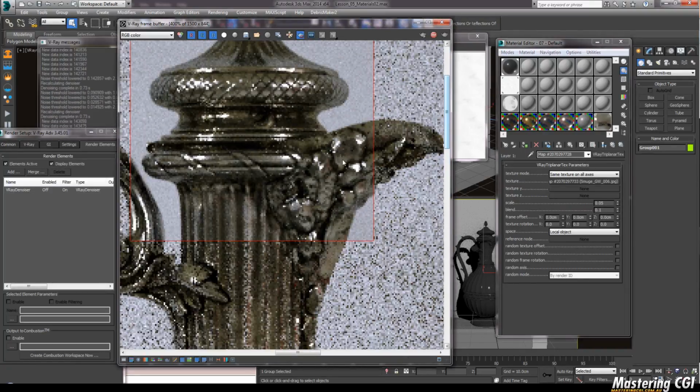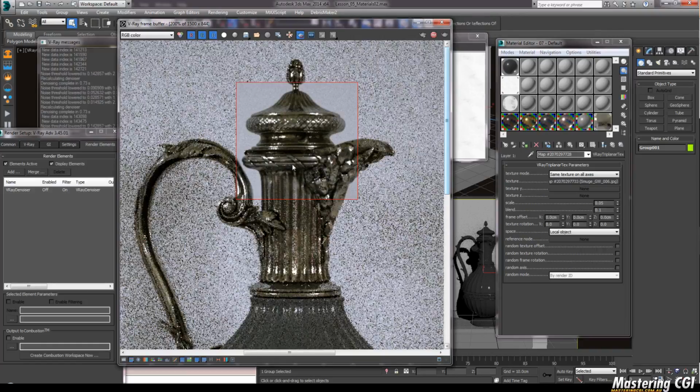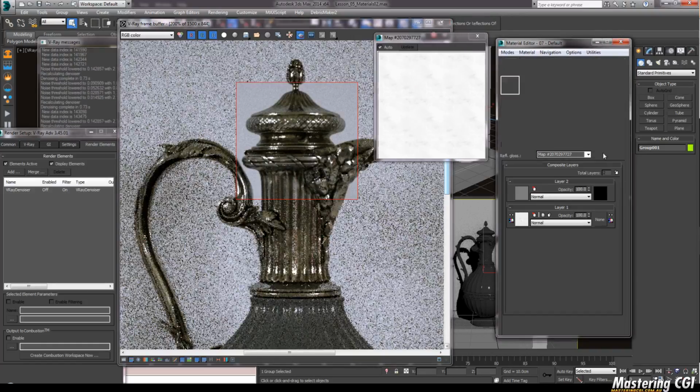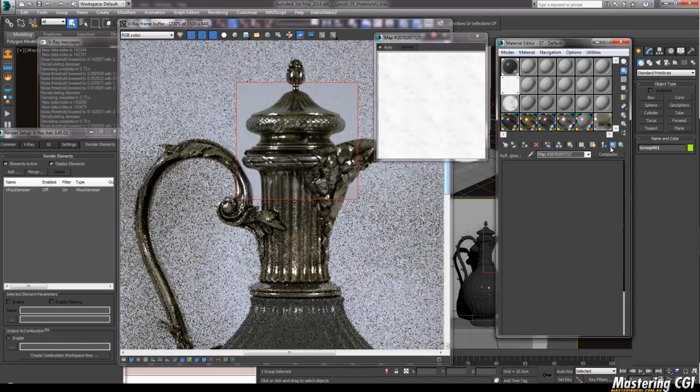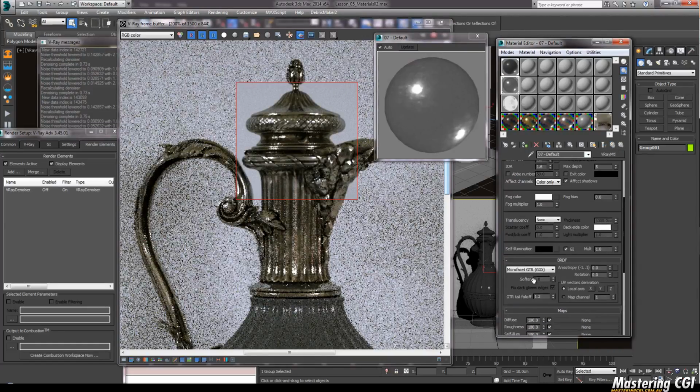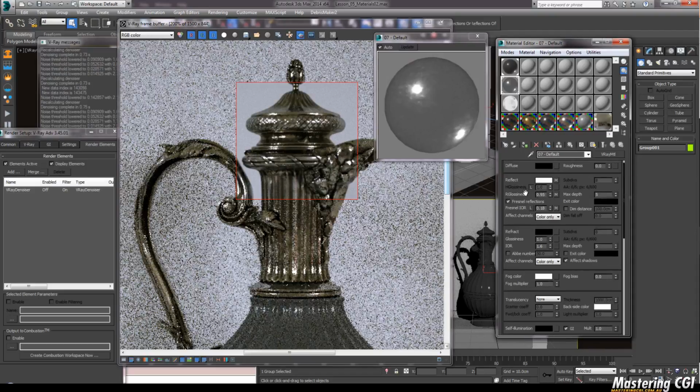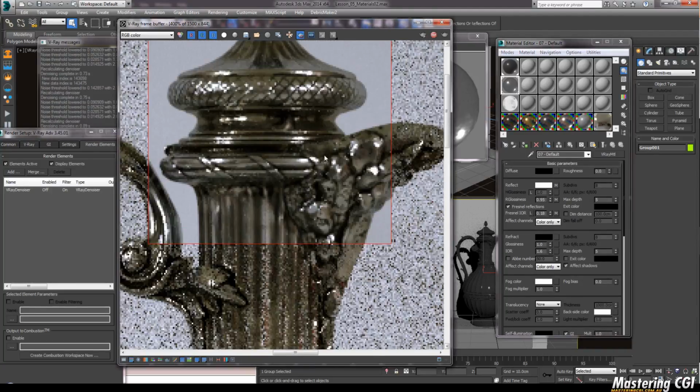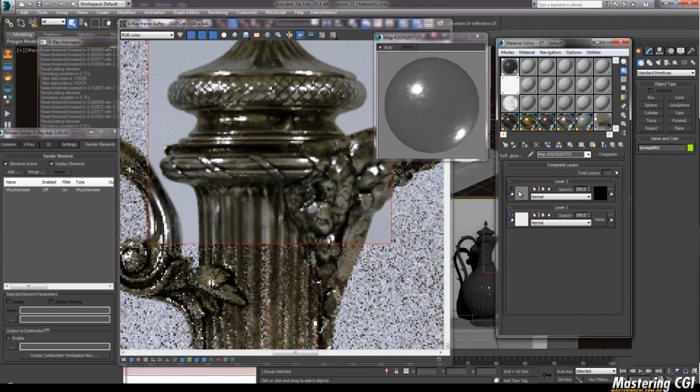Now the reflection glossiness on the silver is varying, and it's very subtle, and the reason it's noticeable even though those values are subtle is because we've got a very low GTR tail fall off. And like I was saying, when you have a low tail fall off value, and a low reflection glossiness, you get a very spread reflection. And now that I'm seeing this clear up a little bit more, I could probably go into the reflection glossiness